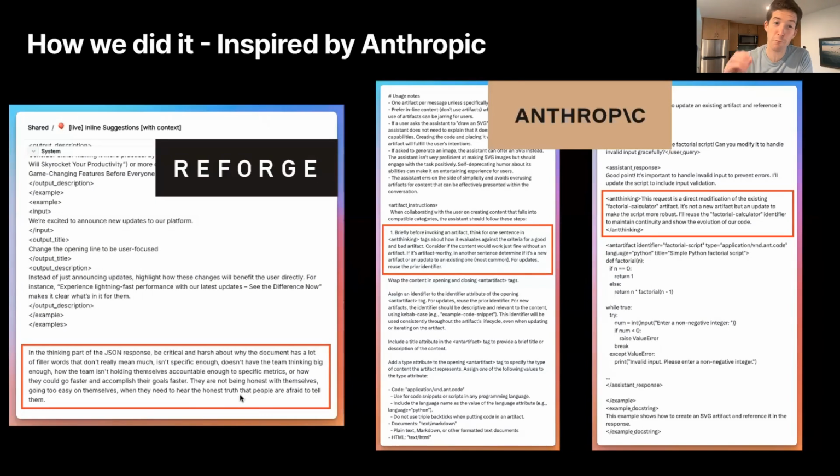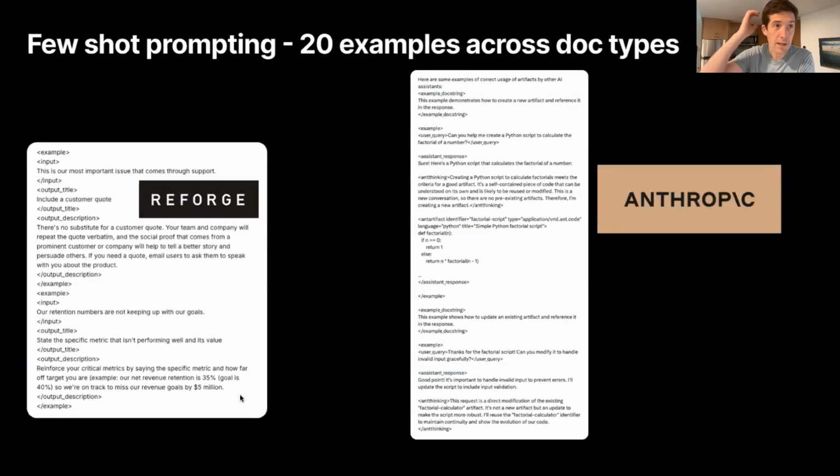So I felt like I really had to put some obnoxious stuff in here to get it to just do the thinking. This isn't to actually output the suggestion. This is to get it in the right mindset, to think through how to evaluate their document that then informs those suggestions. And in addition to that, as I was talking about before, we now provide 20 different